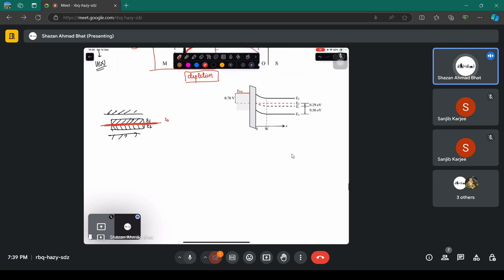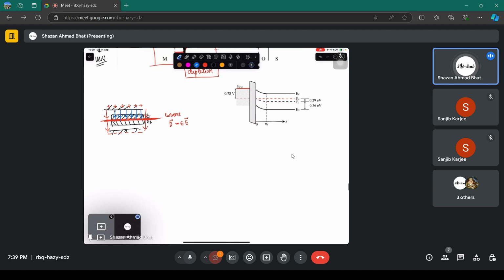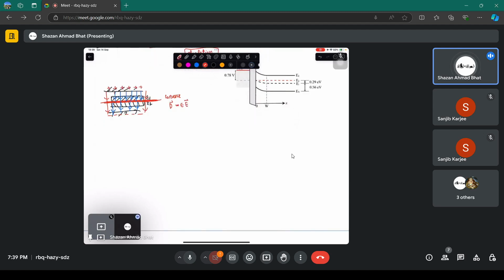You need to conserve something called the electric displacement vector, which is epsilon times the electric field on both sides. Particularly if there is positive charge here, there is negative charge here. The electric field lines are going to look something like this externally. But internally, how they are going to behave depends upon the value of epsilon 1 and epsilon 2. It may look something like this. Okay. And what governs it is the value at this particular point, the interface. What happens at the interface? Because of something called